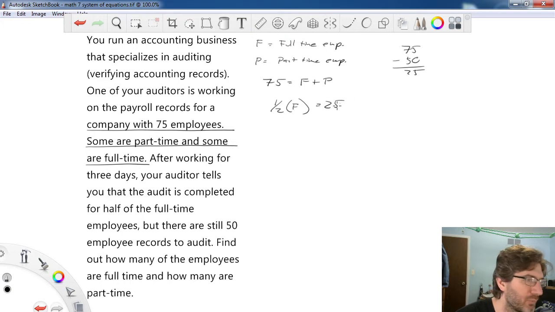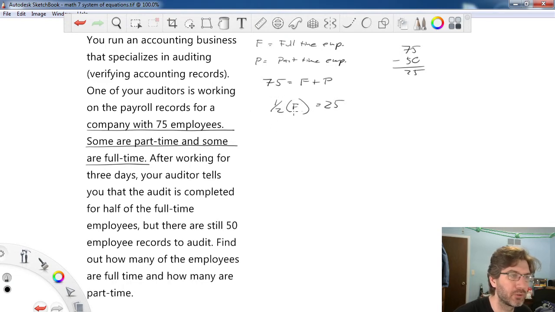I was expecting it to be more. I thought we did 25 employees. Some were full-time, some were part-time, and I was looking for how many part-time it said, but it doesn't. So it just says it only did half the full-time. So we know half of the full-time is 25 people, so all of the full-time would just be multiplying this by 2, or